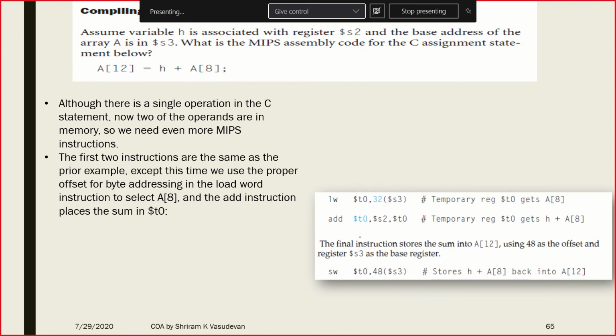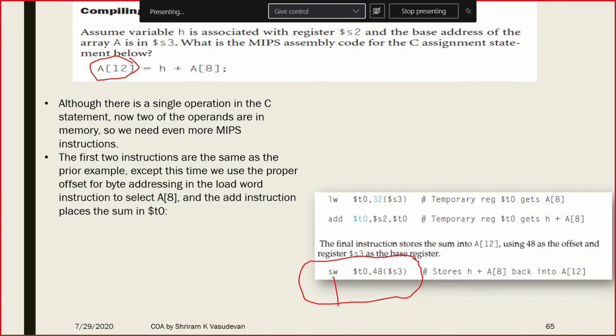That's it. Now what do we do? We need to store this result. I stress the term result once again. We need to store this result into a location called a of 12, which is nothing but an array. Now how do we do it, sir? Very simple. We have got a new instruction which is also an I-type instruction, and it's very easy to use. How do we use it?